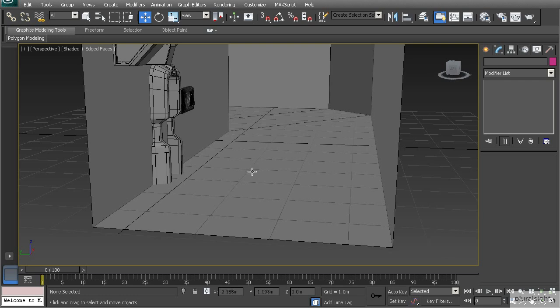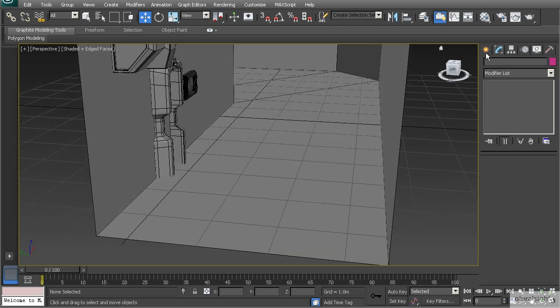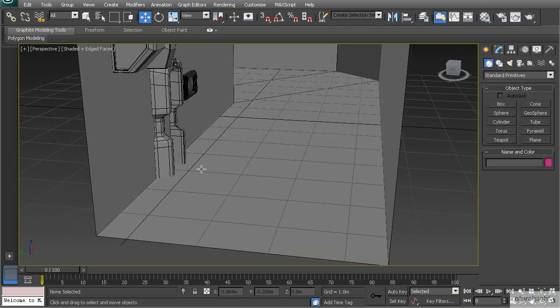So what we're going to do is create a floor tile, and then we're going to create a single grate, and I'll teach you how to repeat that across the width and then also across the length. Alright, so to get started here, let's go ahead and just block out the sizes that we'll need for our